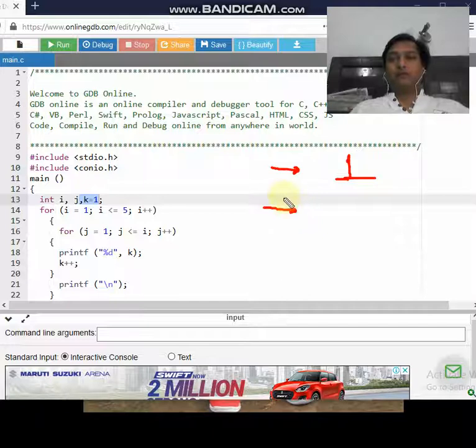In the next line, the value gets printed starting from 2, because it is line number 2, and goes up to two values, that is 2 and 3.